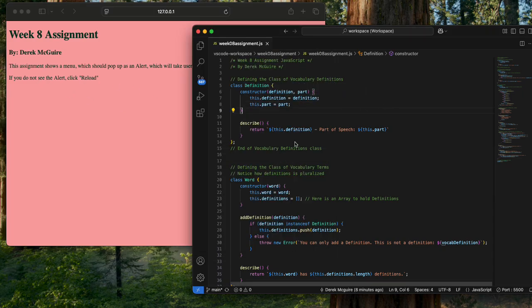Okay, so two classes. Well, we've got three classes actually, but I've got a class for the definitions, because the definitions have the definition, a description, and then the part, like noun, adjective, verb. The class is defined here in these curly braces. You've got a constructor with two parameters, and then this keyword passes in the parameter and defines it as a variable specifically for this constructor, which is used in this class. And then the describe method is defined to return the parameterized variables here with a text, which you could see